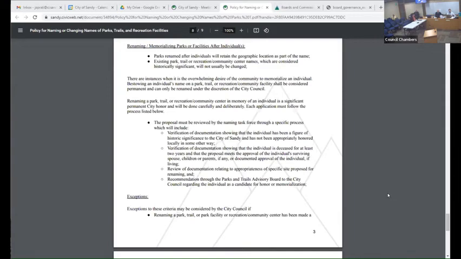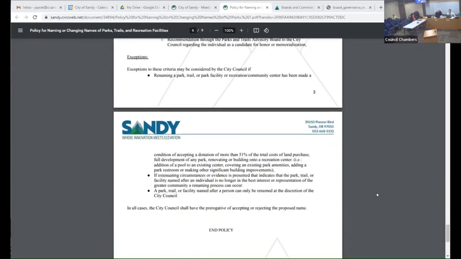I'm on the bottom of page 8 and the top of 9. It says renaming a park has been made a condition of accepting more than 51% of the total cost of land purchase, full development of any park, renovating or building onto a rec center, like an addition of a pool to an existing center, covering an existing park amenity, adding park restrooms or making other significant building improvements.